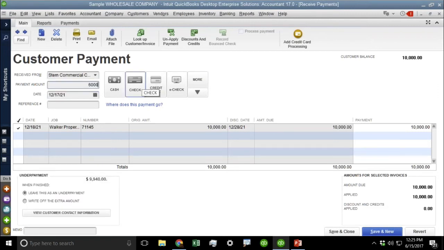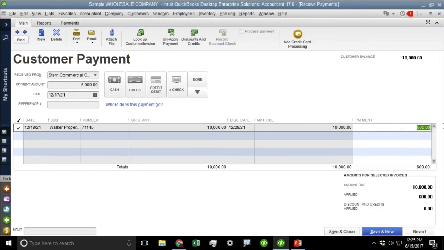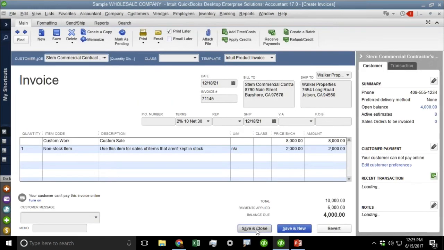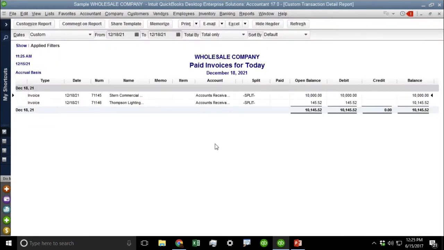So I'm going to make it $6,000 instead of $10,000, right? So I'm making a partial payment, just to show you something. This is the same $10,000 invoice with a partial payment. And the way it shows up on this report